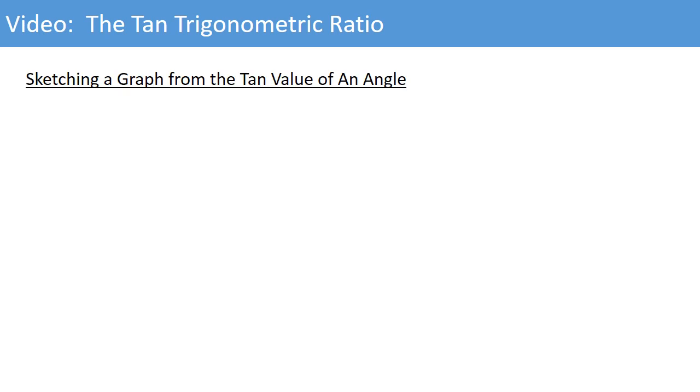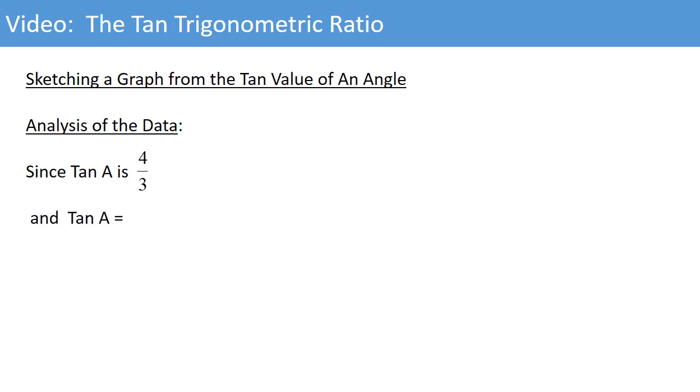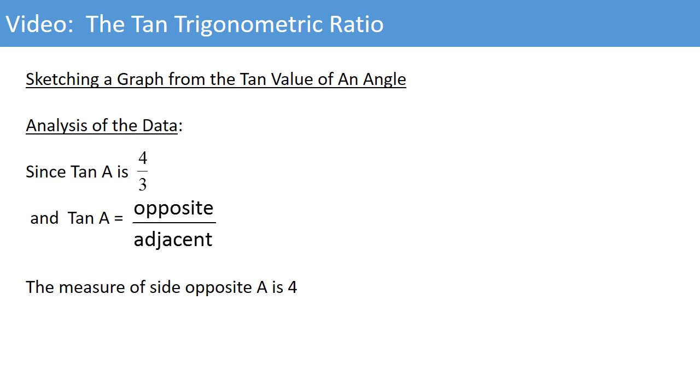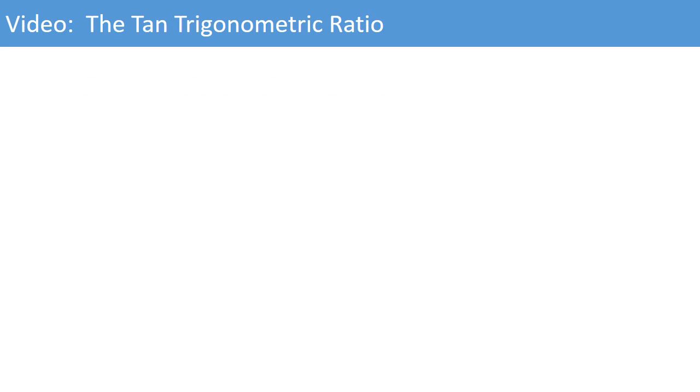Now, let's analyze the data or find out what we really know. Since tan A is 4/3 and tan A is opposite over adjacent, the measure of the side opposite must be 4, and the measure of the side adjacent to angle A is 3. And now, continuing on,